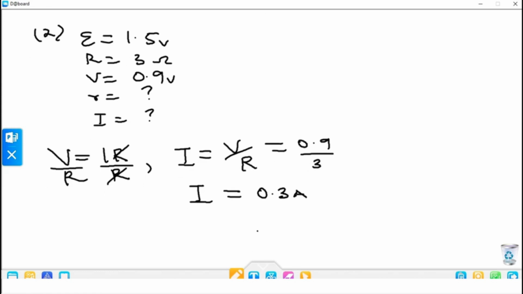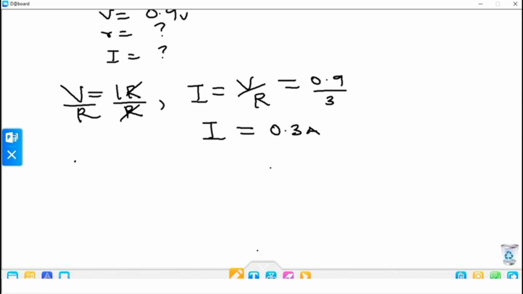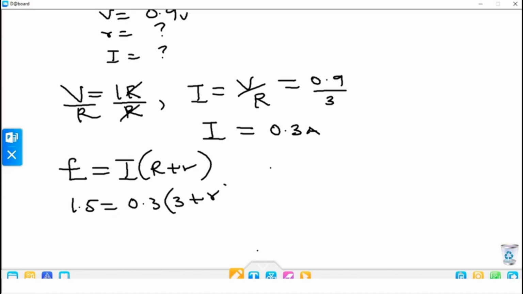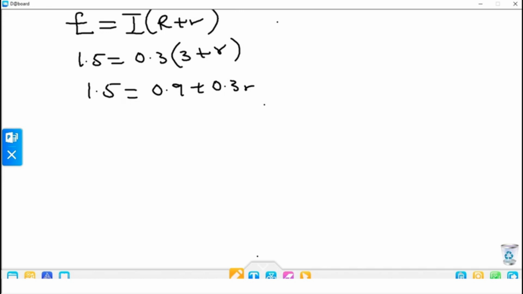Now let's obtain our internal resistance, small r. And how do we do that? We can obtain that from the equation where E is equal to I into R plus r. So our 1.5 is equal to 0.3 into 3 plus small r. When you open the bracket, you're going to have 0.9 plus 0.3 r. So you collect like terms: this becomes 1.5 minus 0.9 equal to 0.3 r. So this will give us 0.6 equal to 0.3